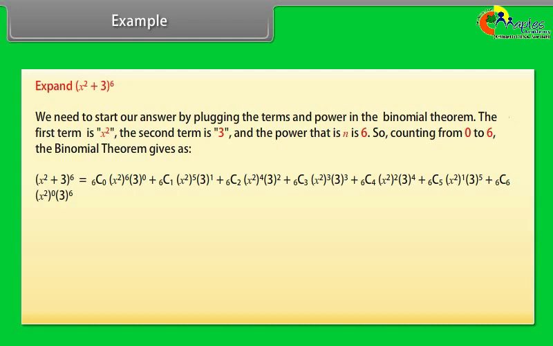6C0 into (x square) raised to power 6 into 3 raised to power 0 plus 6C1 into (x square) raised to power 5 into 3 raised to power 1 plus 6C2 into (x square) raised to power 4 into 3 raised to power 2 plus 6C3 into (x square) raised to power 3 into 3 raised to power 3 plus 6C4 into (x square) raised to power 2 into 3 raised to power 4 plus 6C5 into (x square) raised to power 1 into 3 raised to power 5 plus 6C6 into (x square) raised to power 0 into 3 raised to power 6. After simplification, we get